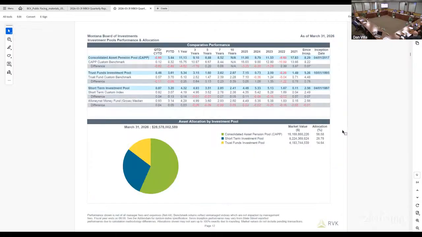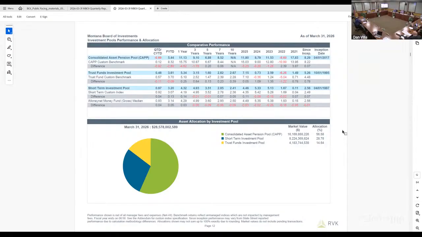On page 12, and again, thank you, Paige, for turning for us, you can see the CAP portfolio, which John had mentioned. The trust fund investment pool is shown as the second light blue line, and its comparison to its benchmark, as we also talked about before, in terms of what it invests in. It's not investing in equities. And for the fiscal year to date, a return of 3.6%.